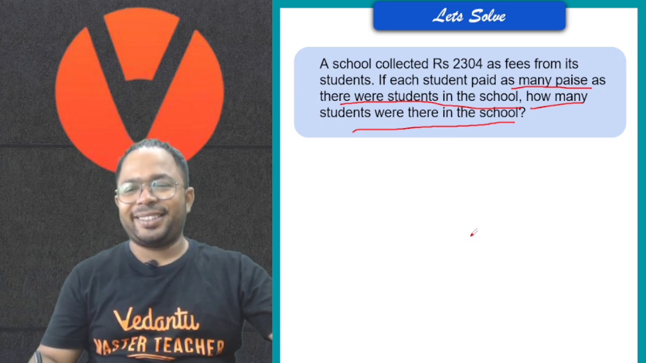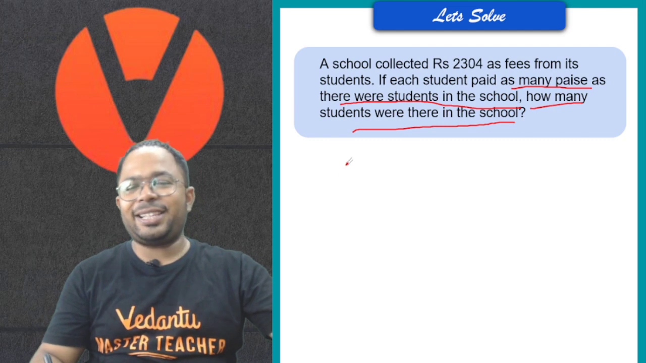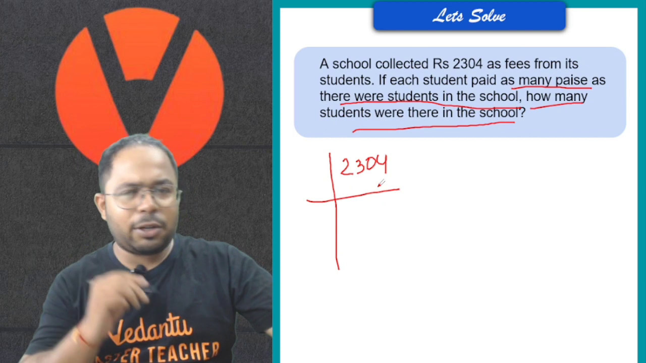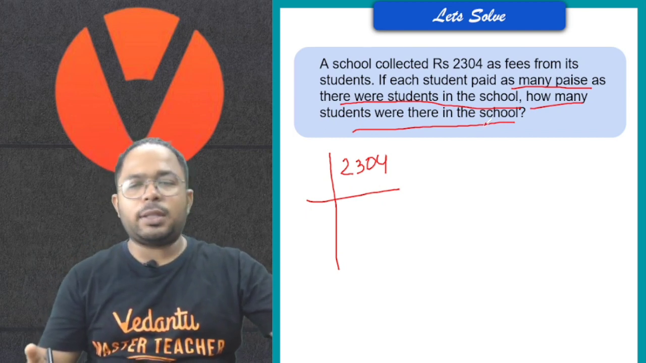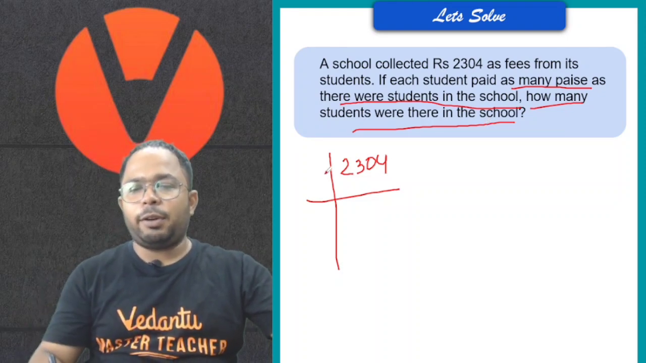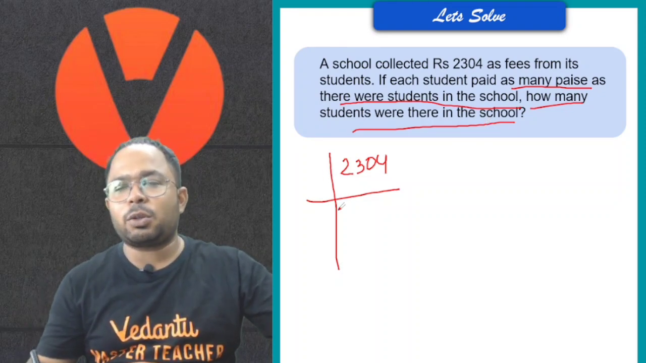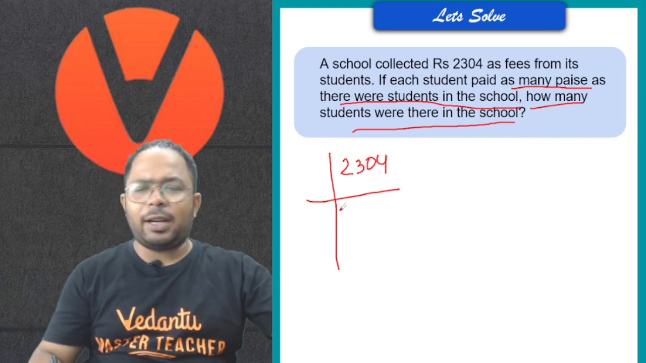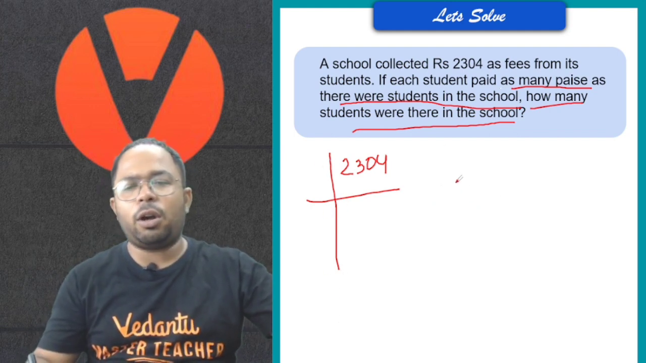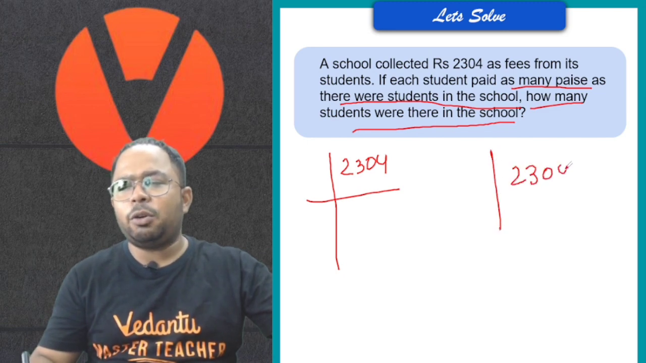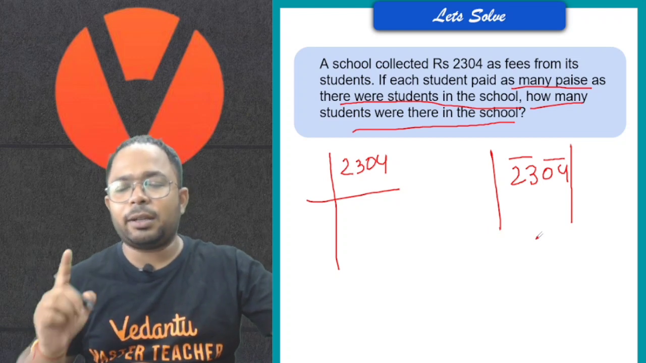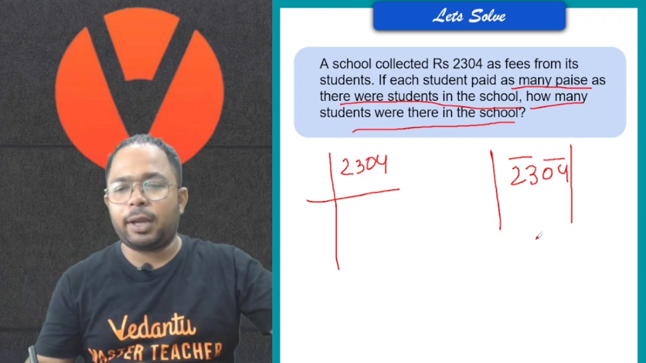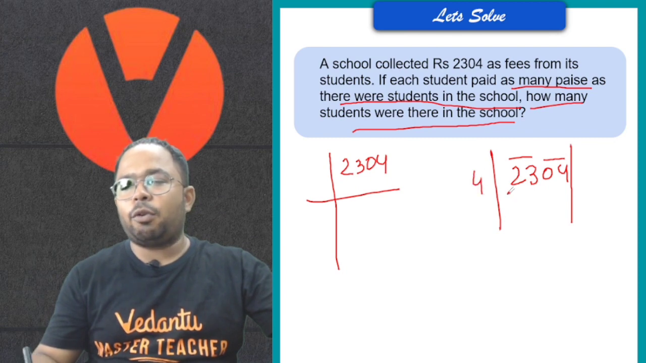Alright, let's solve this. So 2304. Again it's very similar to the previous one, right? The number of students and the money are equal. So we'll do the square root of 2304. We can do it by the prime factorization method or the long division method, but I prefer the long division, and I would advise you to go for the long division method for bigger numbers. So 4 4s are 16,